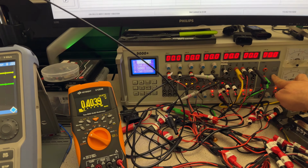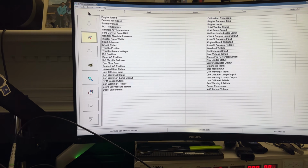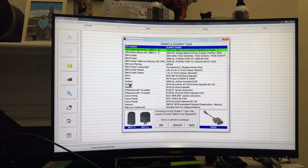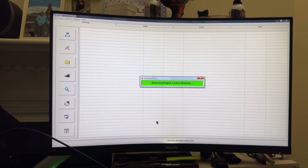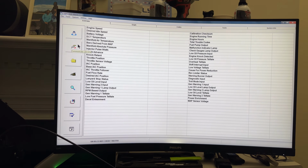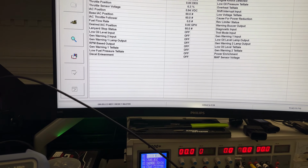So one more time, turning my computer on, fuel prime and the 5-volt reference. I'm going to connect, like let's say I didn't connect, oh, sorry. Let me push in here. So this is for you to select with Diacom the connection to that computer. I do this, it immediately detects it. I go into mode 1 and I select standard diagnostics data. Now I connect to the computer and we can see the same values, the same hours, and the calibration number checksum, which is very important. Now I can run the computer again,